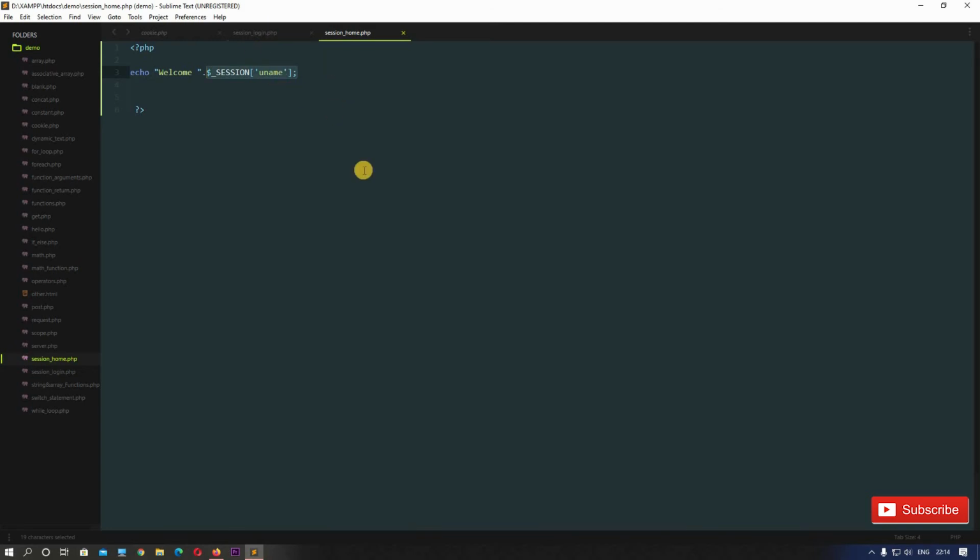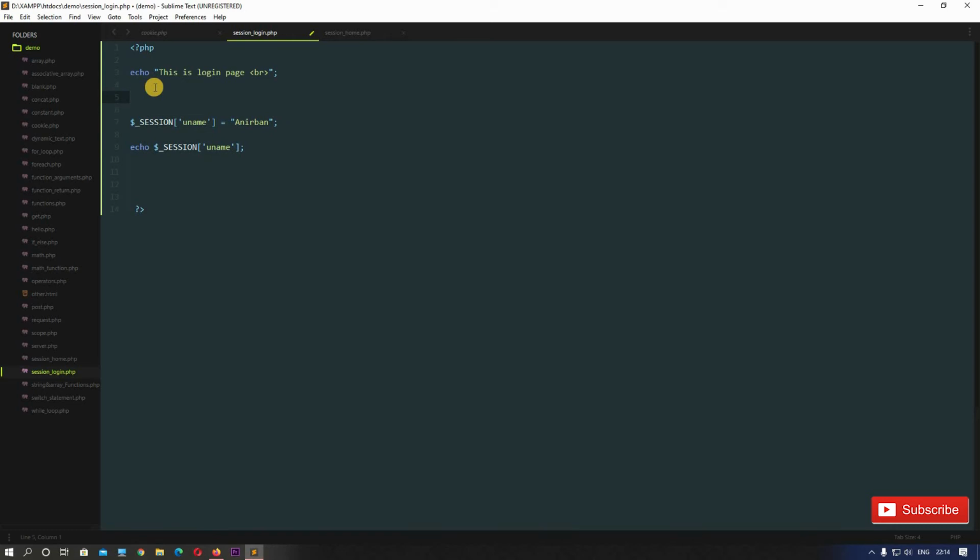To make this page understand that this value is already set and the user has logged in, we need to start the session in our very first page. This is the first page, the login page, session_login. We need to write another function that will start the session. Here we have created the session variable, but the session is not started yet.